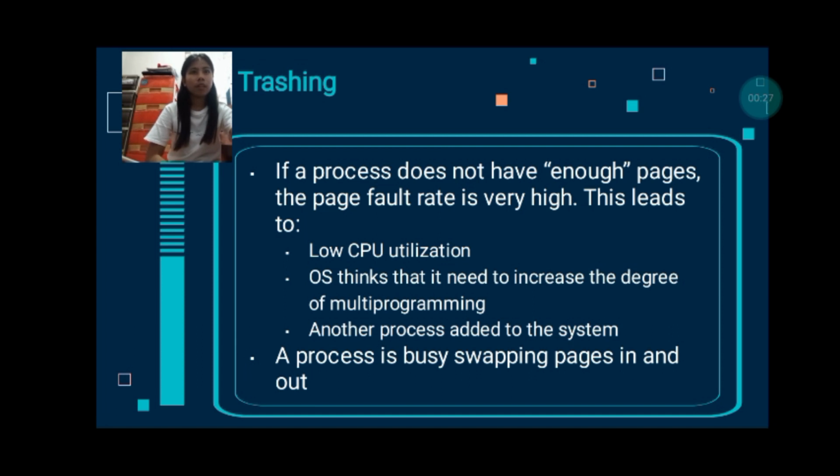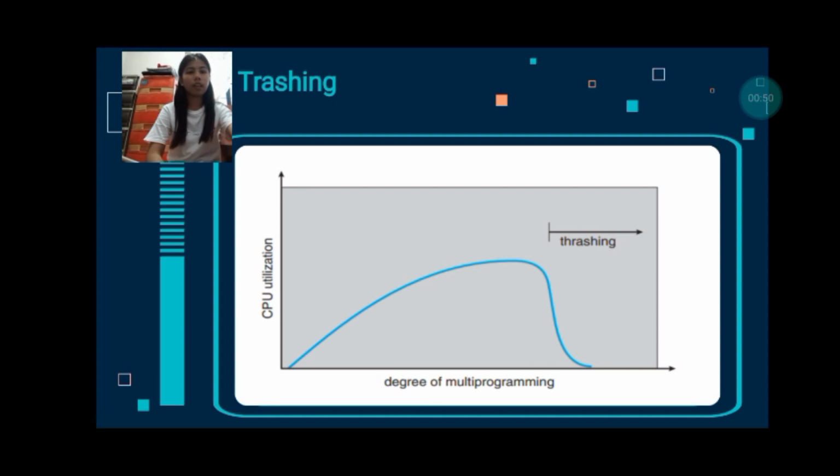As such, low CPU utilization is an indicator of inadequate computing resource management. So the OS thinks that it needs to increase the degree of multiprogramming, and another process is added to the system. A process is busy swapping pages in and out. So CPU utilization